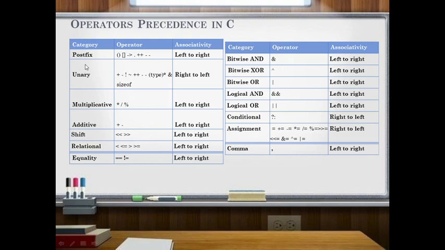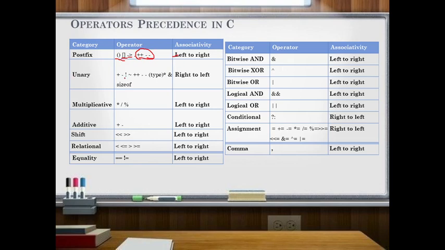Let us see the postfix operators: both the brackets, and then the postfix ones like post increment and post decrement. These have left to right associativity.